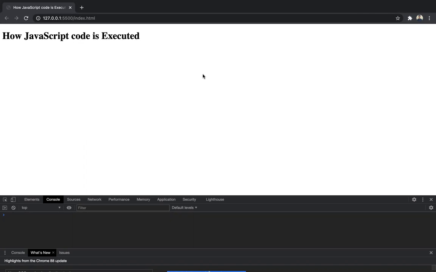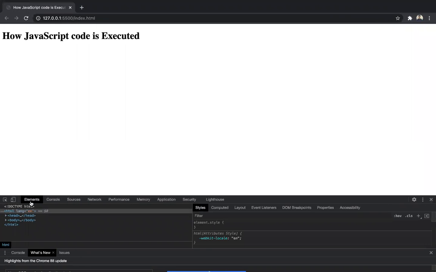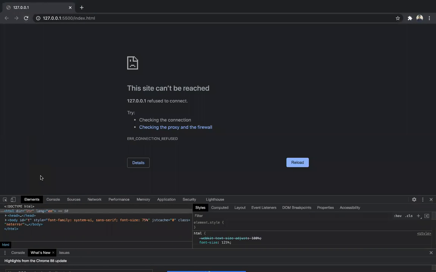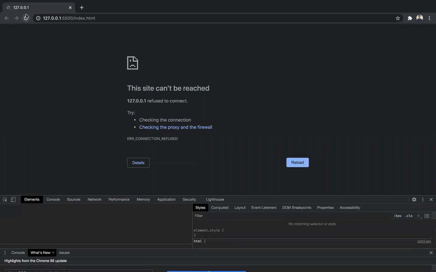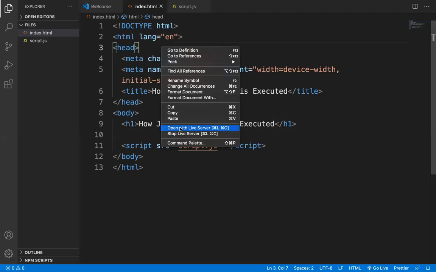So this is our program. When we run this code, what will happen?